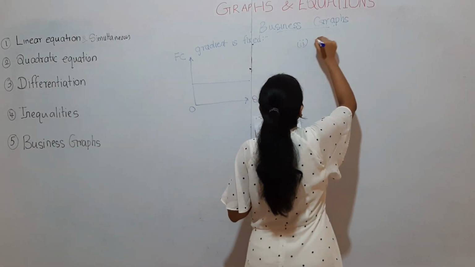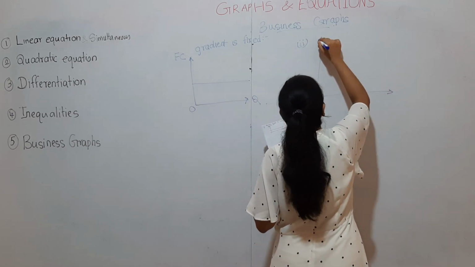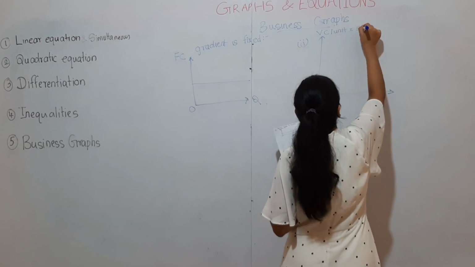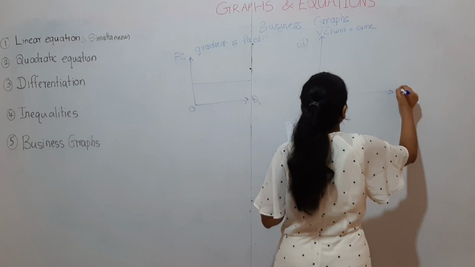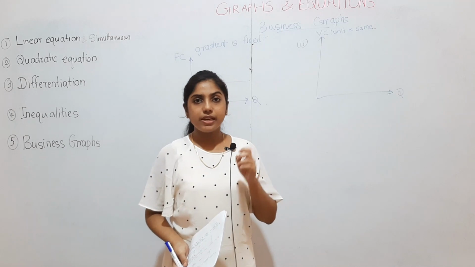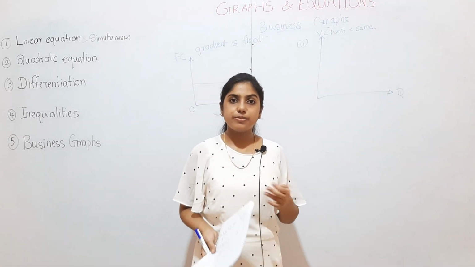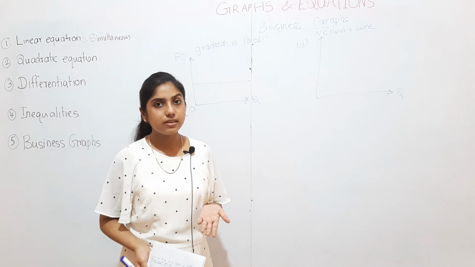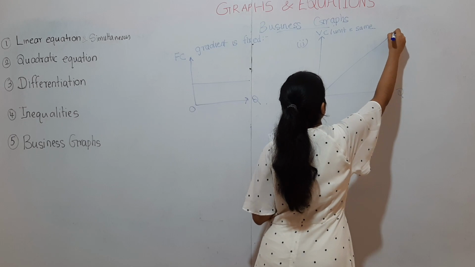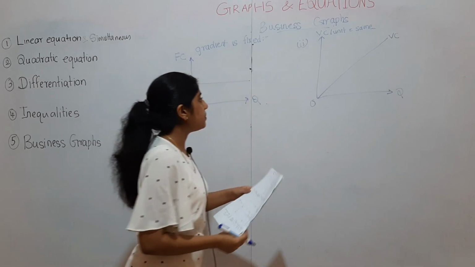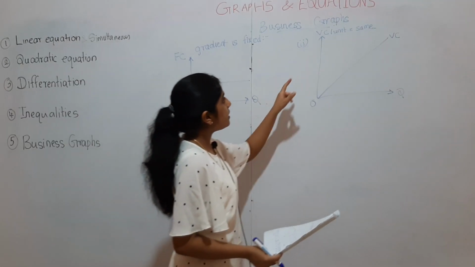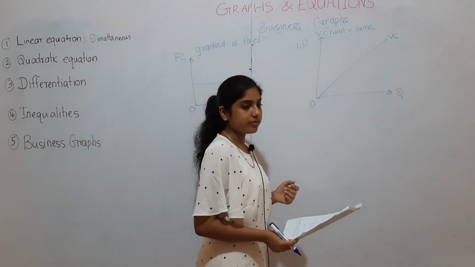Variable cost per unit, if the variable cost per unit is the same, that is where it's very important. That means for any level of units, the variable cost for 1 unit is, let's say, 2 rupees. Then your line will be like this. The variable cost line will start from 0 and go straight upwards, because the variable cost per unit is the same.